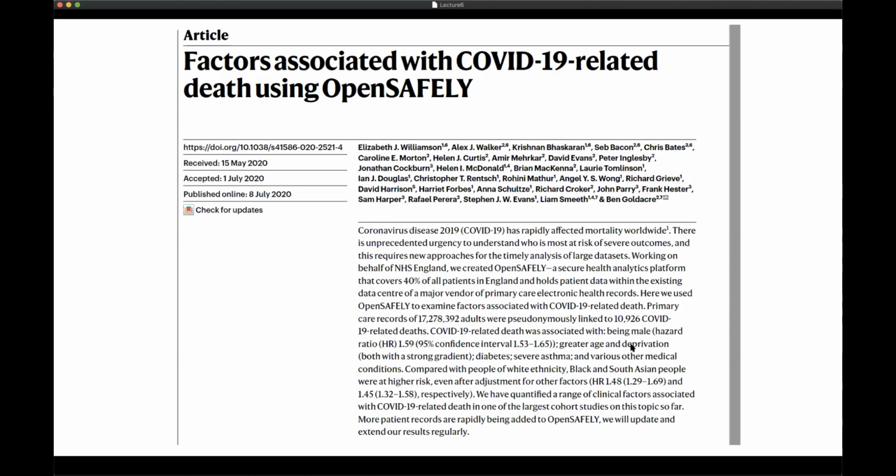And then the report, what this hazard ratio is of 1.6. So in some sense, your odds of dying, if you're a man, all other things being equal, is about 1.6 compared to what it is for a woman. And then the 95% confidence interval